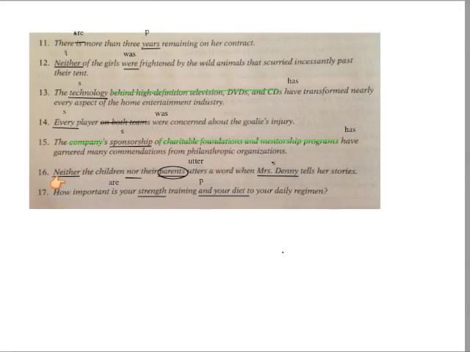I talked about 16 already. In this situation, it is not neither of their, but it is neither the children nor their parents. So whichever word is closest to the verb is the one that we're going to take as our subject. So parents utter a word when Mrs. Danny is another subject here, tells her stories, and this is correct as is. Finally,